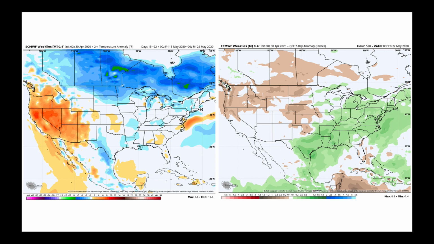And the last thing I want to finish up with you here is this is now May 15th through the 22nd. Now, there is some reason to call in some uncertainty into this forecast, and the reason why is because this overall pattern is going to start to shift by about May 9, 10, 11, that time period. But still, the models are hanging on to the warmer bias across the western part of the United States, and also overall near average to drier than average conditions during that time period. But again, we expect that for this time of year as we move into the month of May, as we talked about at the beginning of this video.